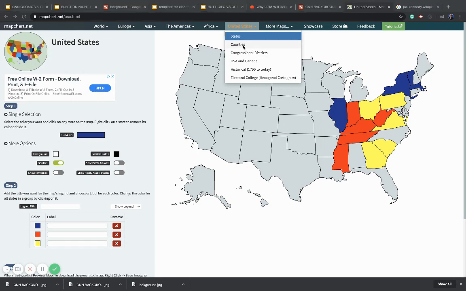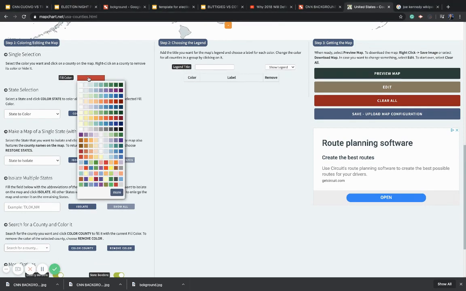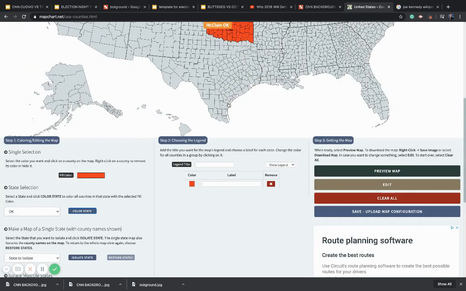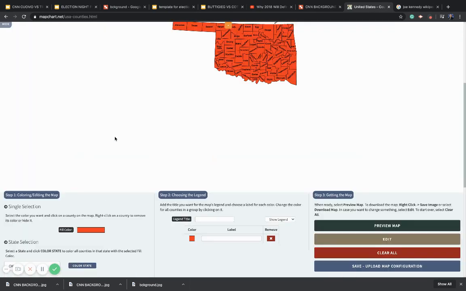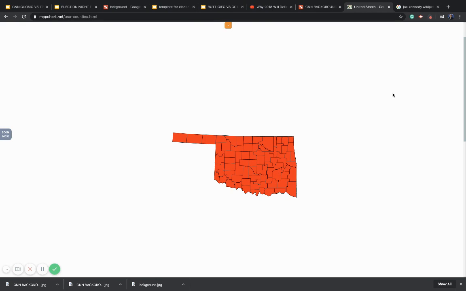Now, if you want to do counties, it takes a while to load the county map, but it's pretty cool, actually. It's fun to play around with. As you can see, it's loading. Here we go. So do this if you want to fill, say, Oklahoma, that doesn't have a single district that goes Democratic. You just do color state, and boom, it'll show up as all colored red. And then you could isolate Oklahoma. So you could take a screenshot of it, isolate state, turn off county names,